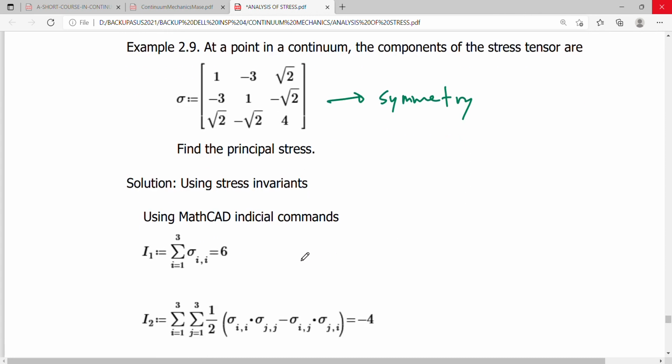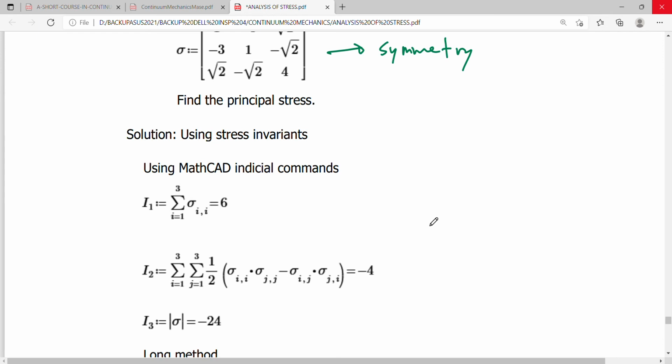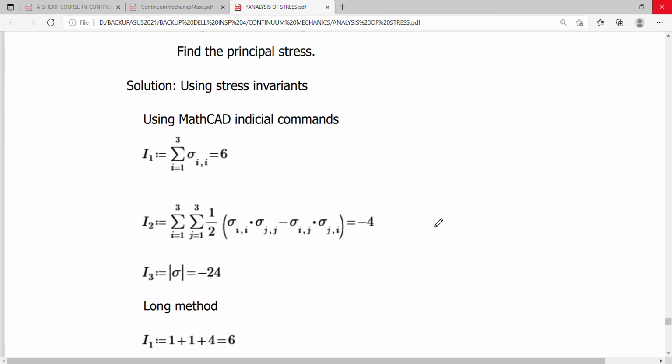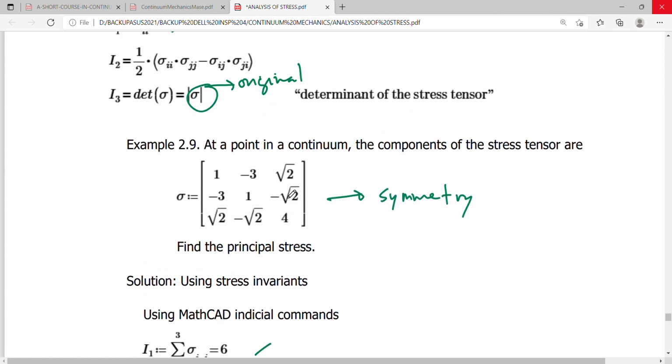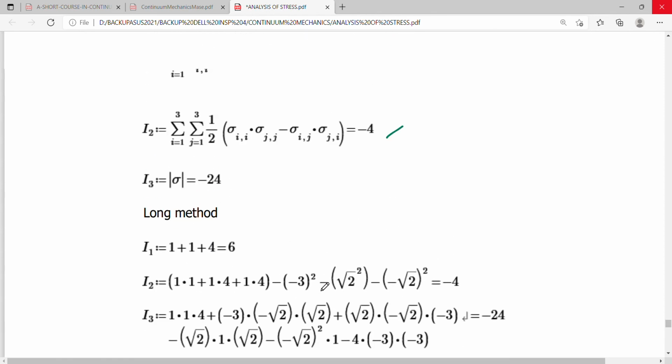So using stress invariance and using MathCAD as my tool to solve for the values directly. I just have here the trace function, simply the summation of sigma I from I equals 1 to 3. So I get 6. And for I2, I just take the summation I from 1 to 3, J from 1 to 3 of 1 half sigma II sigma JJ minus sigma IJ sigma JI. And this is equal to -4, and simply the determinant of the stress tensor given here above is simply 24